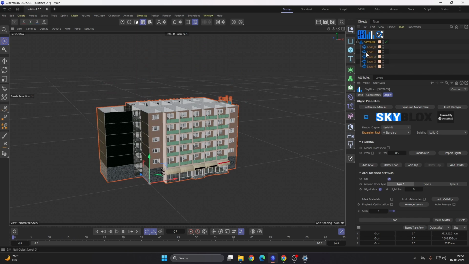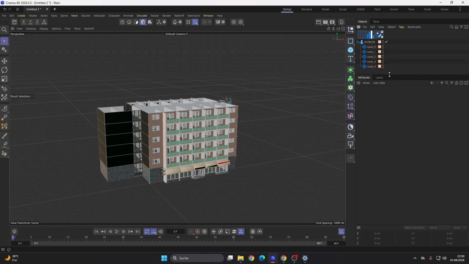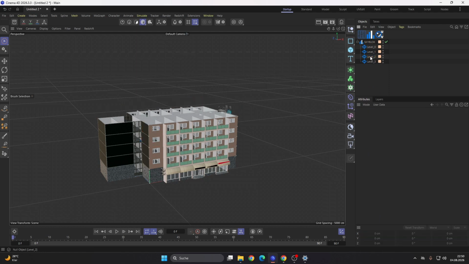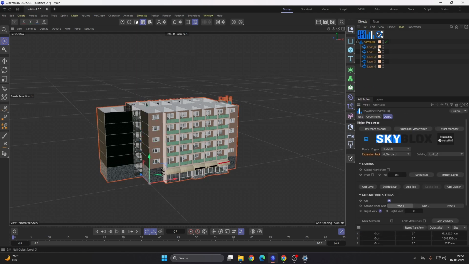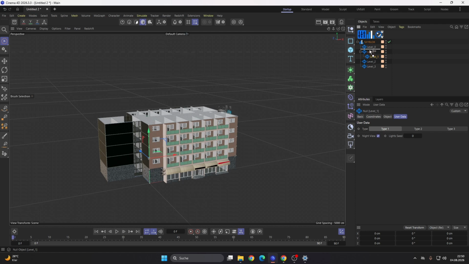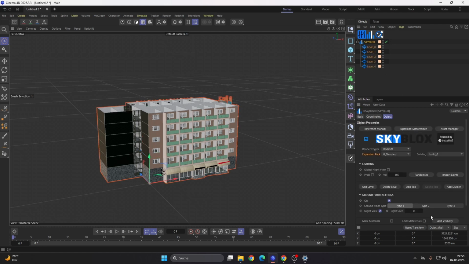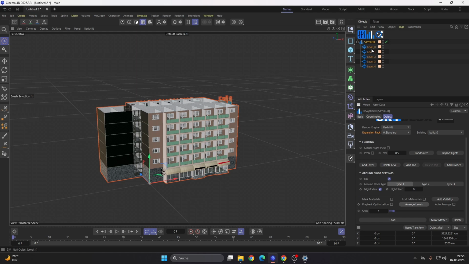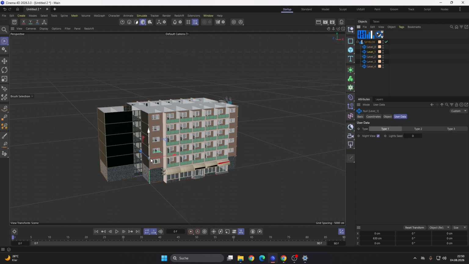You can also go into this object manager and manually delete a level, or add new levels, for instance. Be aware, if you manually change here the hierarchy or a level, something like that, you simply have to press here arrange levels so that they get the exact position in the 3D space.